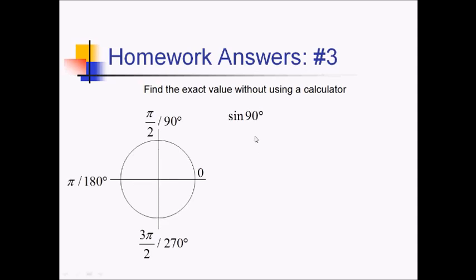For number 3, we're asking for the sine of 90 degrees. So we're at the top of the unit circle, and sine is asking about the y value there. That's going to be positive 1. For number 4, we're trying to find the cosine of pi over 2. So pi over 2, that's at the top of the unit circle. That's really 90 degrees. Cosine is asking for the x value, so that's going to be 0 since we're right